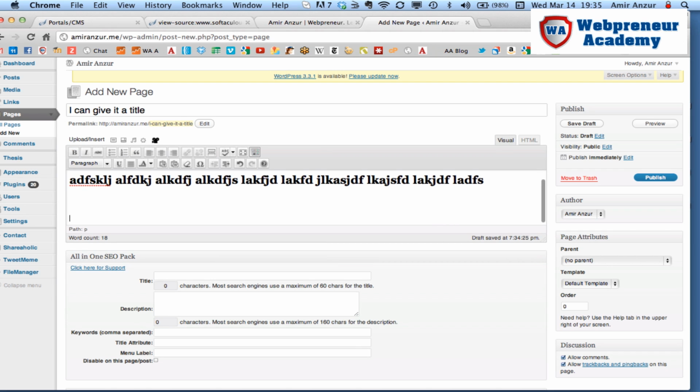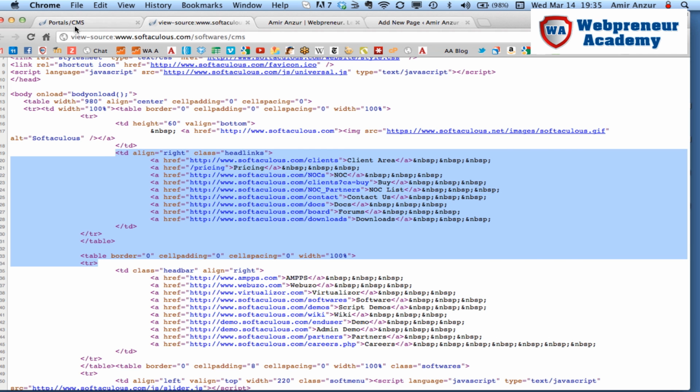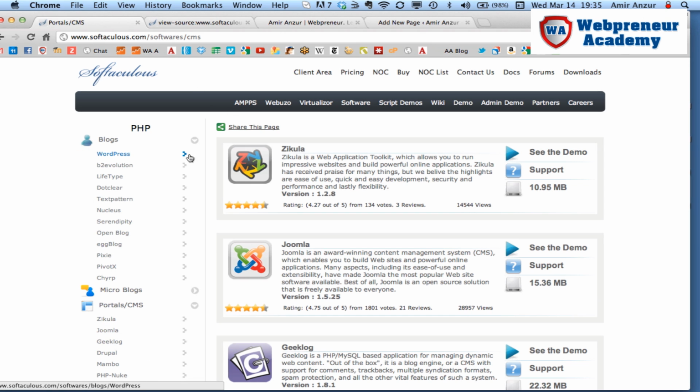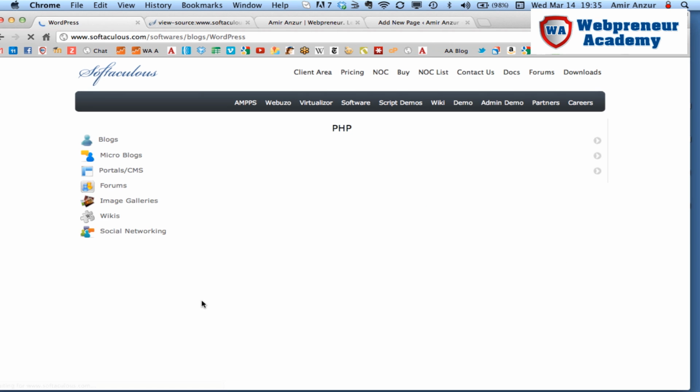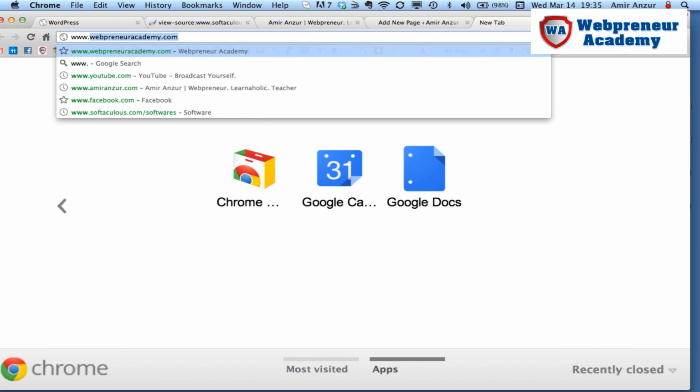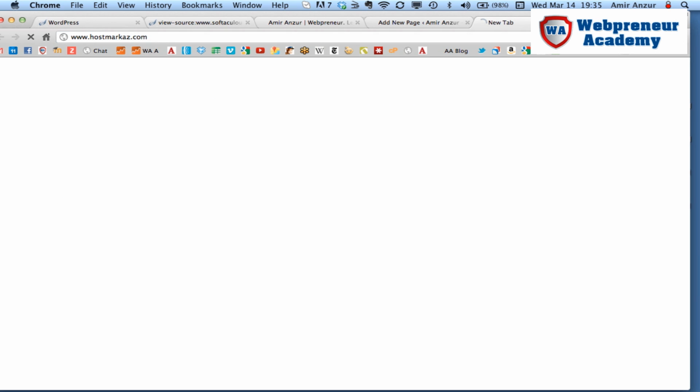And this is not only in WordPress, but there are many content management systems, a lot of which you can get from softoculus.com, right? So you can see, for instance, blogging, WordPress is free, and you can read up about a lot of these systems. Now, if you want to have your own site and set it up, you can go to hostmarkaz.com,